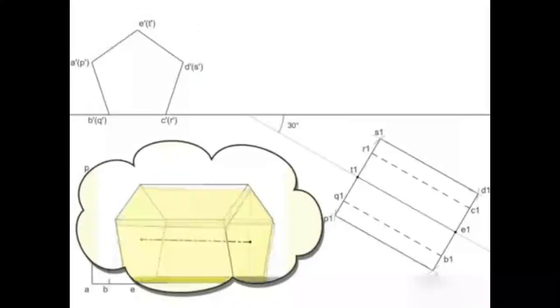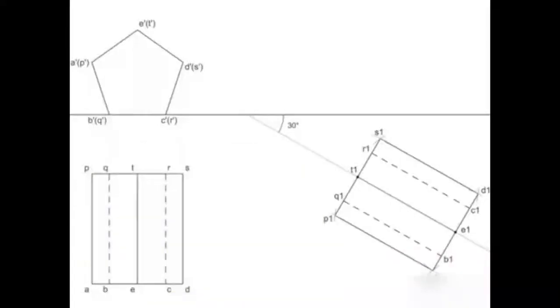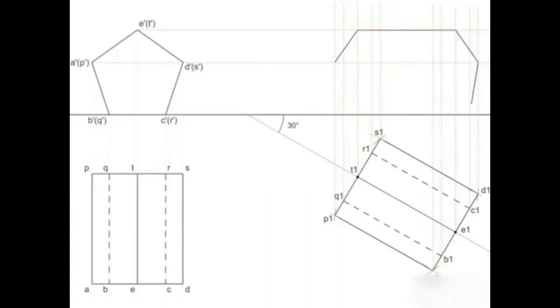So, what will be the front view in this position? It will be formed by projecting the corner points of the inclined top view vertically above the line XY. Then, the horizontal lines are produced from the corner points of the previous front view to intersect the above vertical lines. Joining these points in a proper sequence gives the required front view.